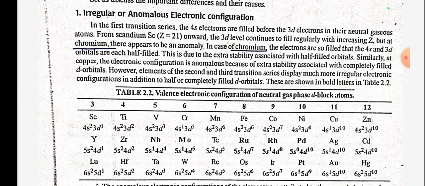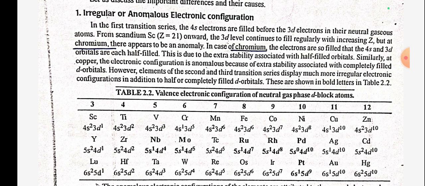These are shown in the bold letters: scandium 4s2 3d1, titanium 4s2 3d2, vanadium 4s2 3d3, chromium 4s1 3d5, manganese 4s2 3d5, iron 4s2 3d6, cobalt 4s2 3d7, nickel 4s2 3d8, copper 4s1 3d10, zinc 4s2 3d10, yttrium 5s2 4d1,